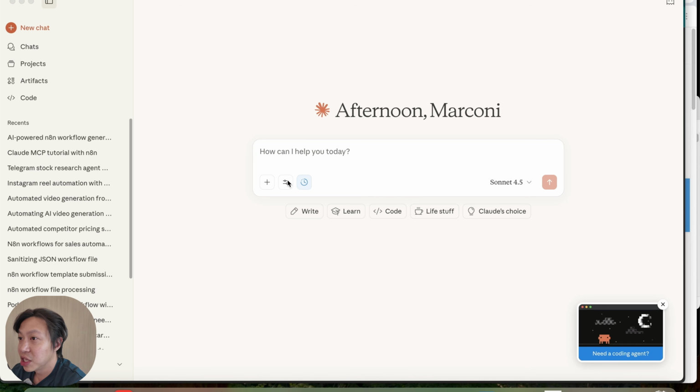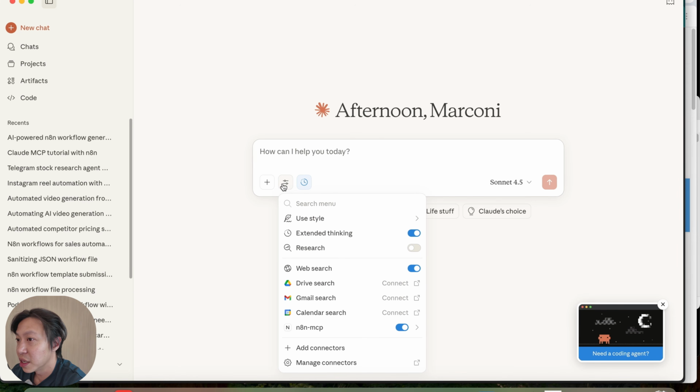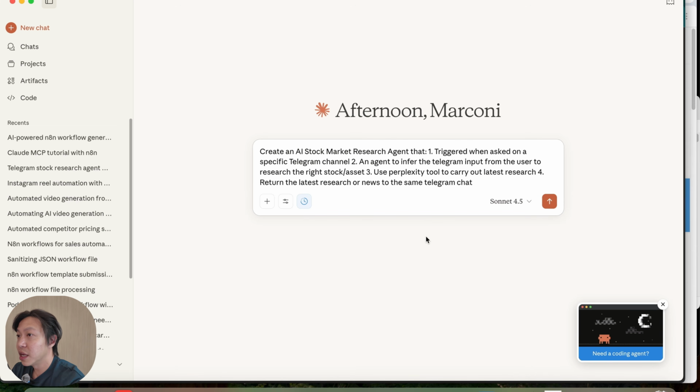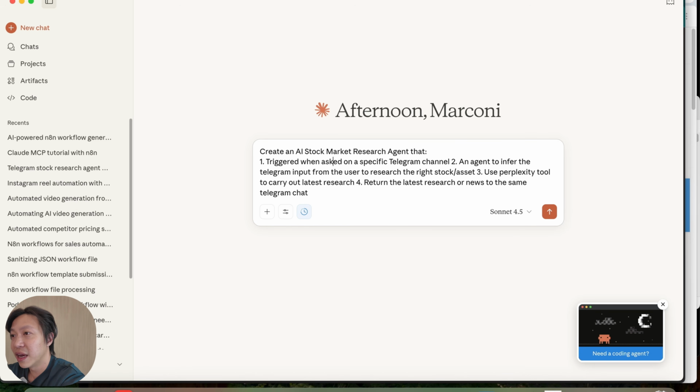And now when you get back to the chat, you should actually be able to see that under the Search and Tools button here, you have the n8n MCP tool installed, right? So you just want to toggle that on, and you'll be good to go. So that's an easy way to install the n8n MCP onto your Claude Desktop and connect it to your n8n instance. So now I'm going to try to ask it to create a simple workflow of an AI stock market